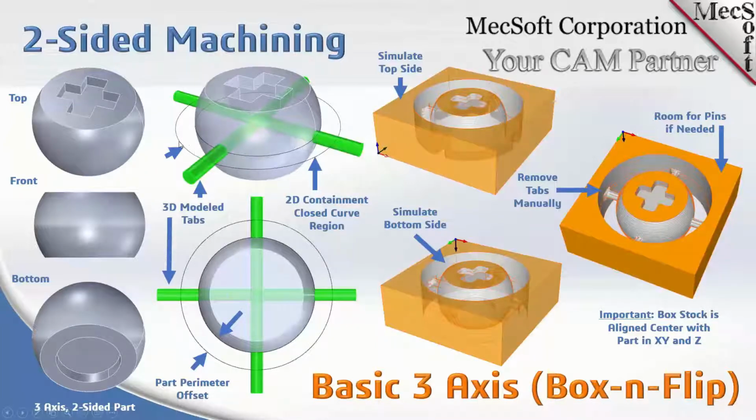We've got a curve, which is a circle, and that circle lies on the XY plane. That circle is going to contain the toolpaths within that area. So the tabs or the rods that we model have to extend past that circle. If you don't, then it's just not going to be held together. So if you move over to the next, third column,